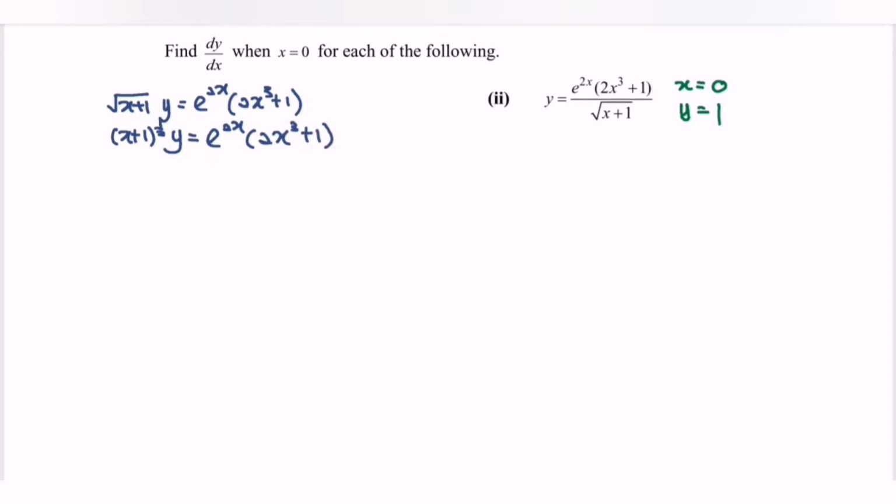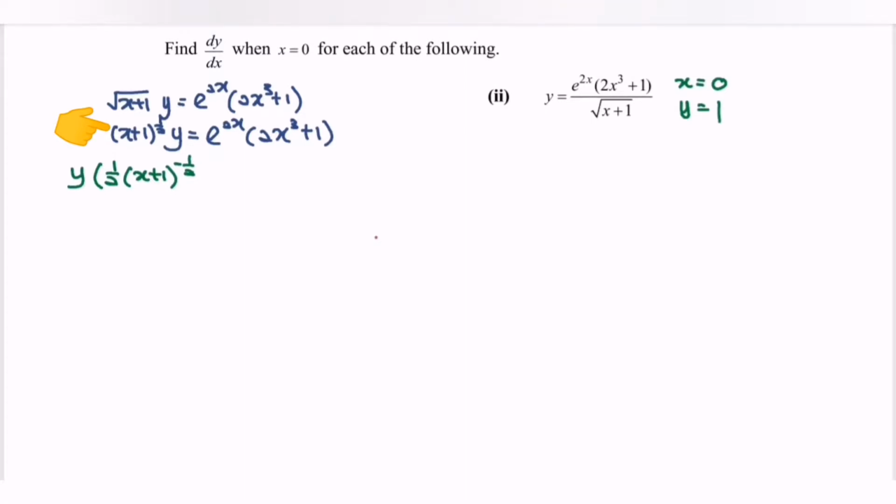By using the product rule, we are going to differentiate the situation. y times 1 over 2 (x plus 1) to the power of negative 1 over 2. Differentiate the internal function, which is x plus 1, and we will have 1. Plus (x plus 1) to the power 1 over 2, differentiate y, and we will have dy/dx equals